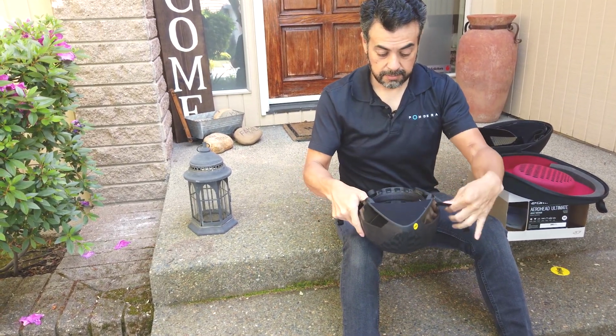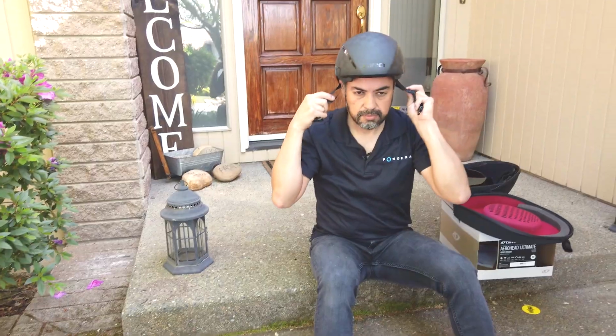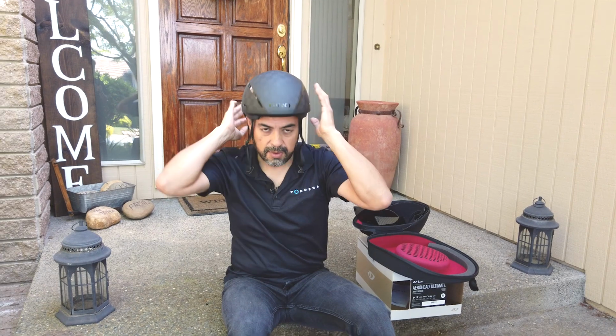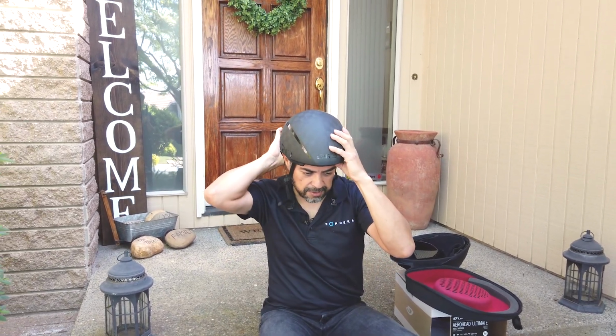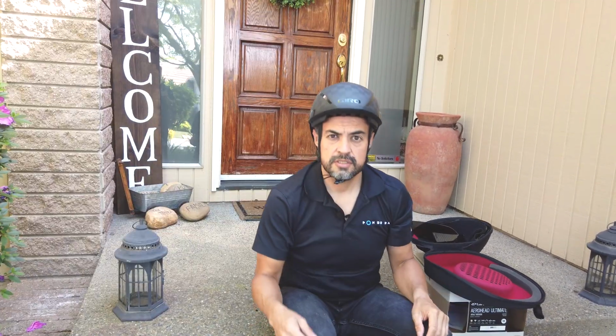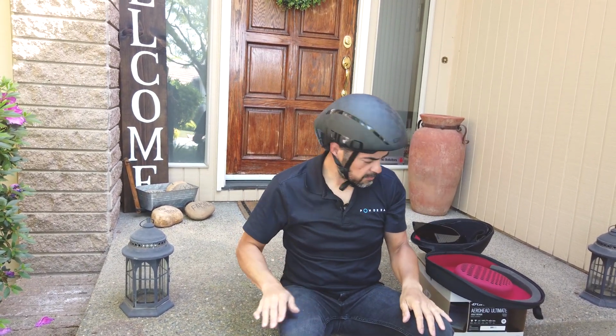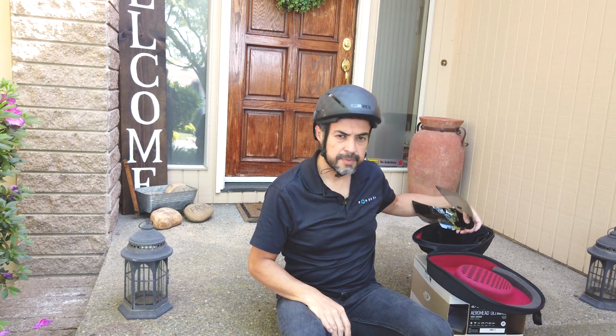If you remember with my Specialized TT helmet, putting it on was like trying to bring the flaps over to get around my ears. So that went on super easy. There was nothing to bother my ears. Oh yeah, there's padding inside the helmet, which seems to make it really comfortable, much more comfortable than the